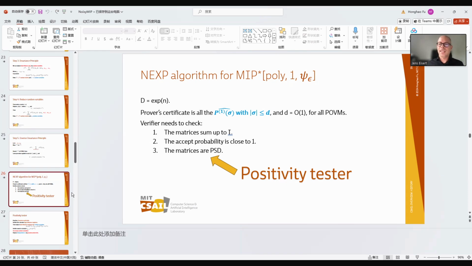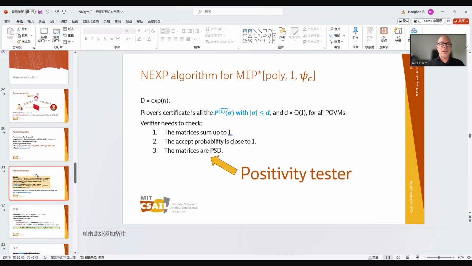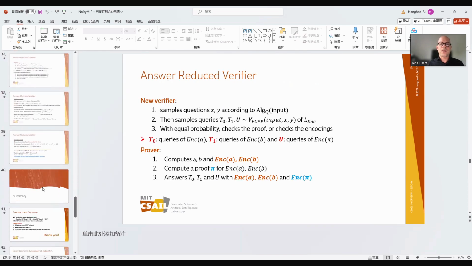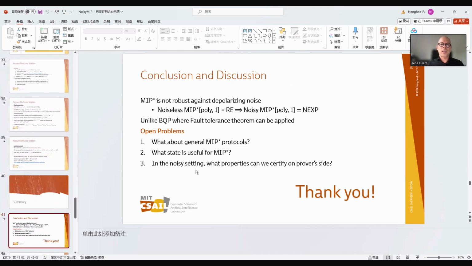Wonderful. Are there further questions? Maybe I have one more. When you mentioned thinking of general MIP style protocols, what do you mean? Protocols in a similar mindset that would overcome the previous limitations, or what is it? What does general mean in this context? I think it's what slide. How it looks like.